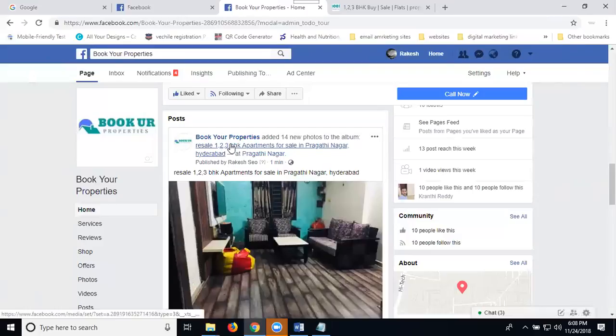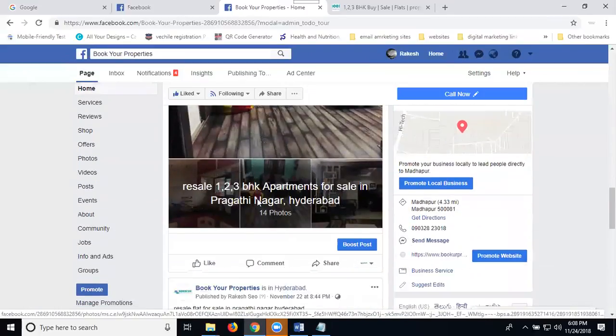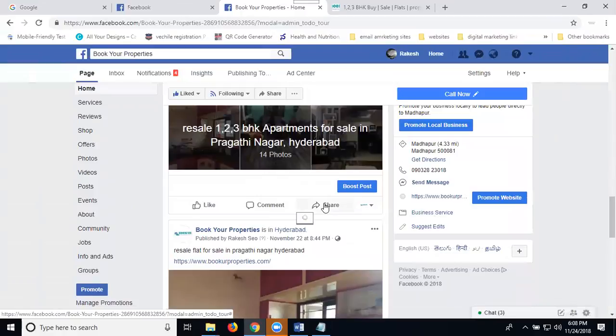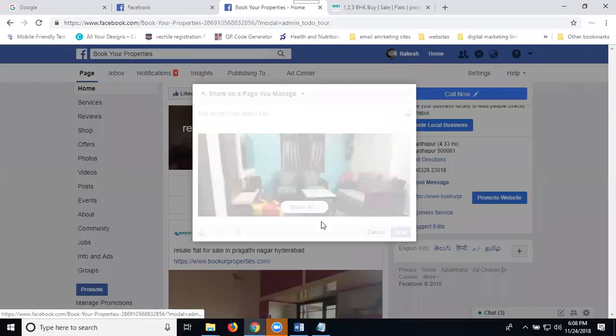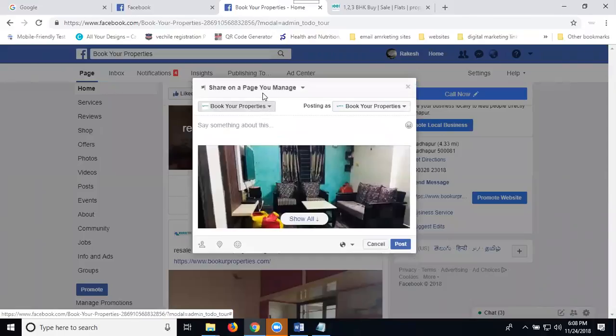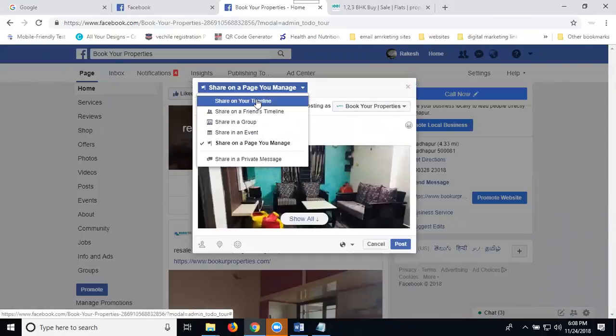Automatically they will be targeted where you choose on your album option. Here you can target where to share: to your groups, friends' timelines, your timeline, and your private message, in a number of options. So, timeline, friends' timeline, group, event, share on other pages, and share on your private message. So this is how we can create multiple photographs for your business promotion purpose. Any business promotion we can use it for the hashtag.